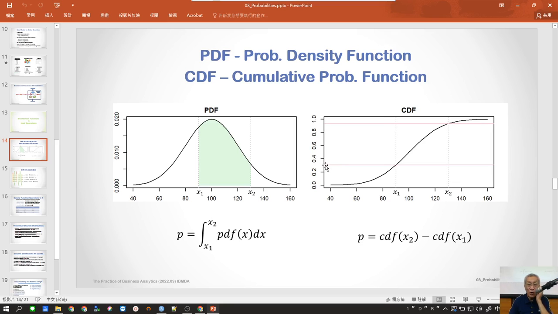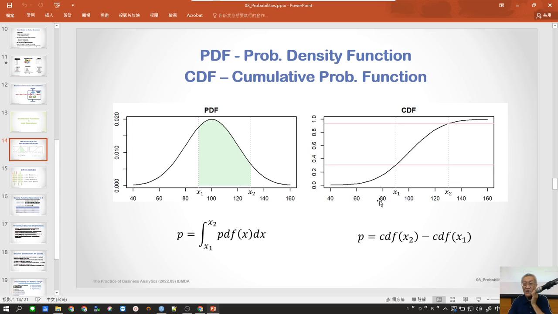And sometimes you know the probability and you want to know X. To calculate probability from X, you call the CDF, so you are using the P function. And if you know the probability and you want to know the corresponding X,